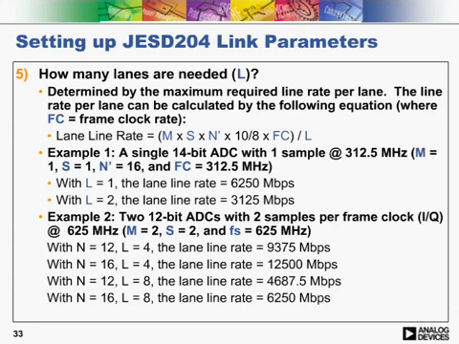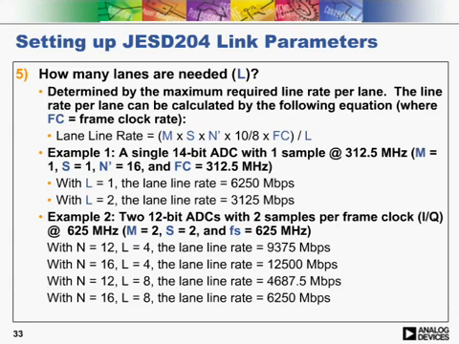Let's again take a look at some examples. Let's consider a 14-bit ADC with 1 sample at 312.5 megahertz. So in this case we have M equal to 1, S equals to 1, N prime is 16, and Fs is 312.5 megahertz. With L equal to 1, the lane line rate would equal 6250 megabits per second. With L equal to 2, the lane line rate would equal